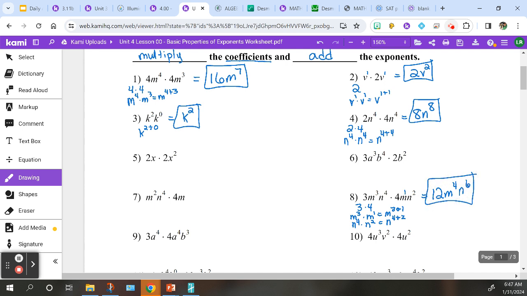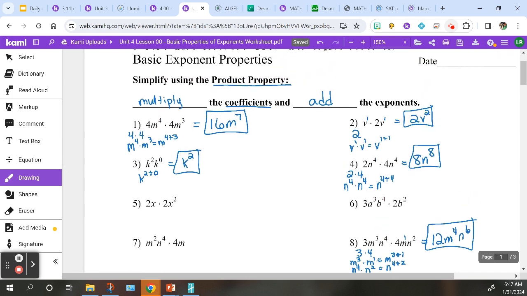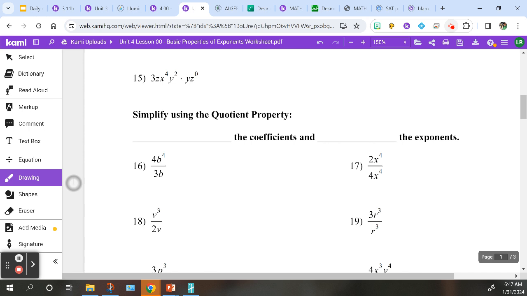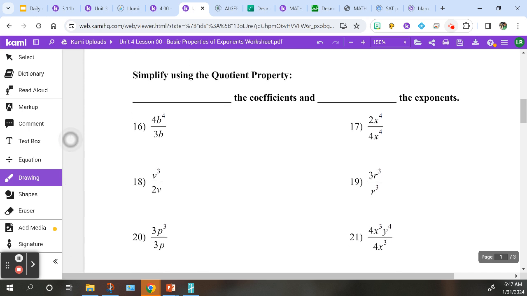Okay? So that is the product property. Now, let's go ahead and skip ahead so we can get to our next section, practice a little bit. And let's look here at the quotient property. Now, in the quotient property, we are going to divide the coefficients, and we are going to